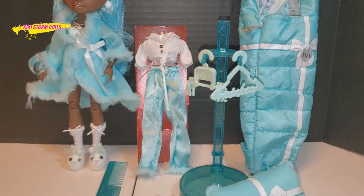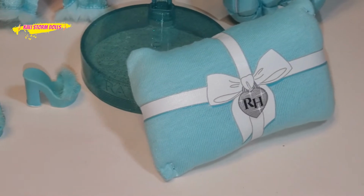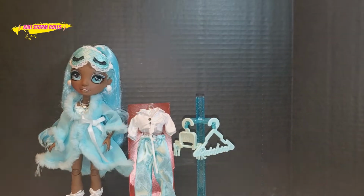So let's look at her accessories. She comes with her stand, of course. She comes with her Rainbow High pillow. It's so cute. She comes with secondary heels, a comb, her secondary outfit, which is so cute, and 2 hangers. She comes with a sleeping bag, which we're going to look over. Because what I love about hers, which is different,